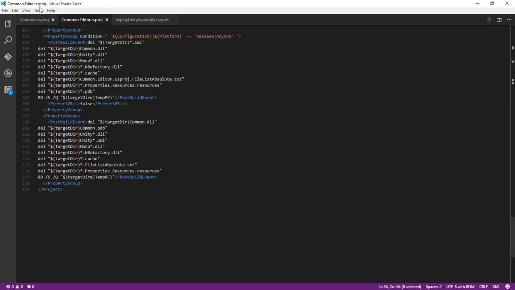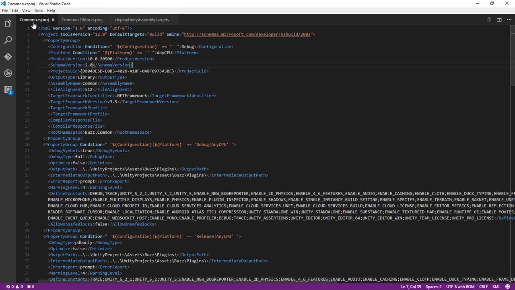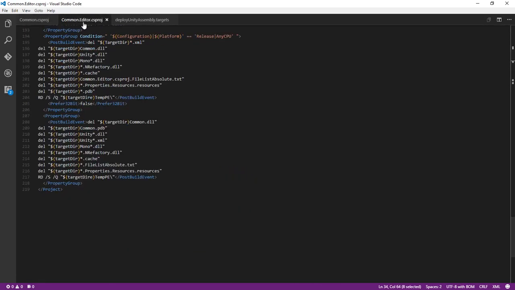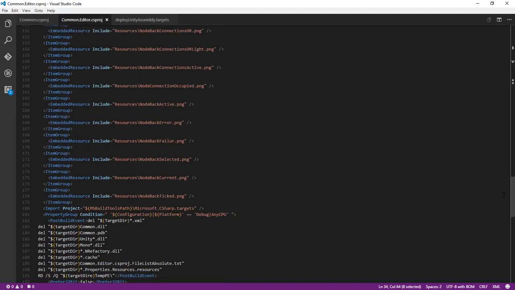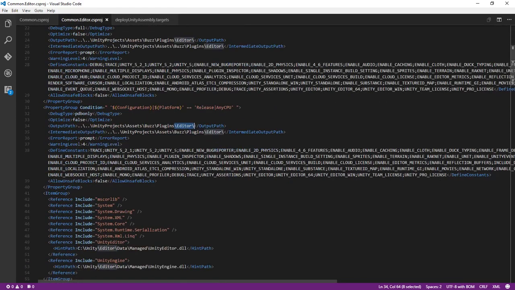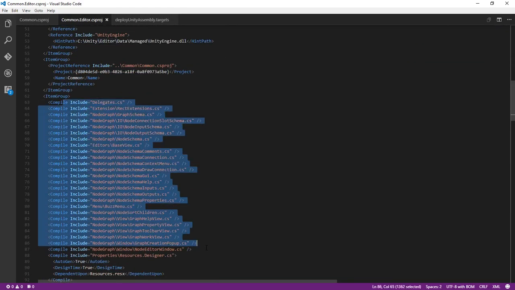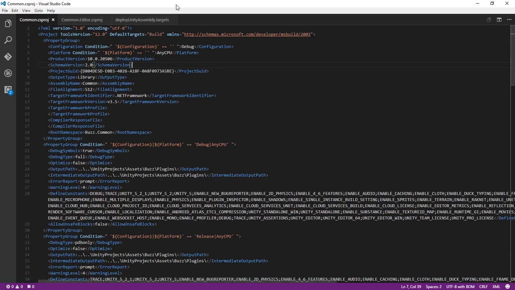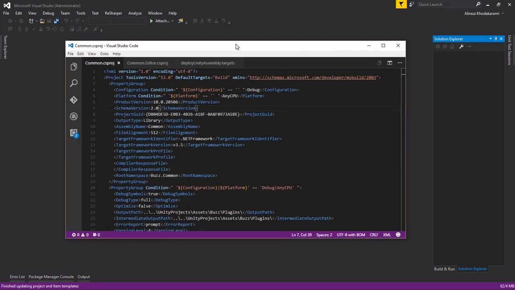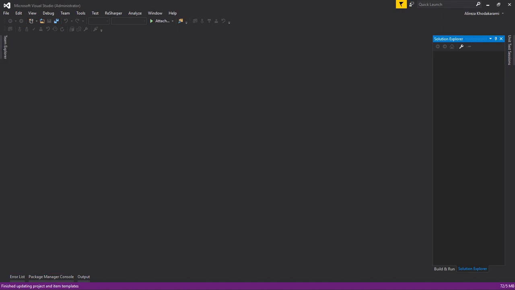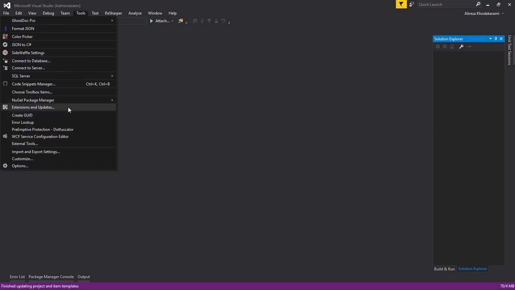But before that, if you recall, we had this common csproj, common.editor csproj from our previous chapter. Yours may look different on included .cs files. Don't worry, we will nuke them. So keep that open somewhere else, use Notepad++, or if you are smart, download Visual Studio Code and use it. Now, we need an extension